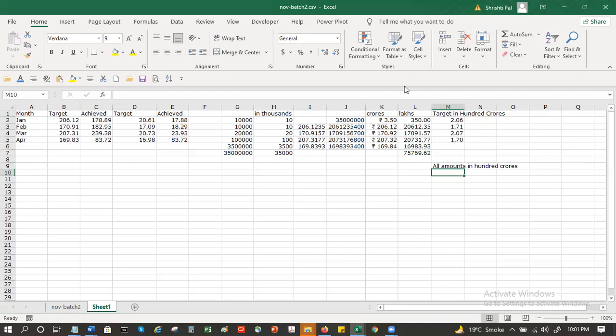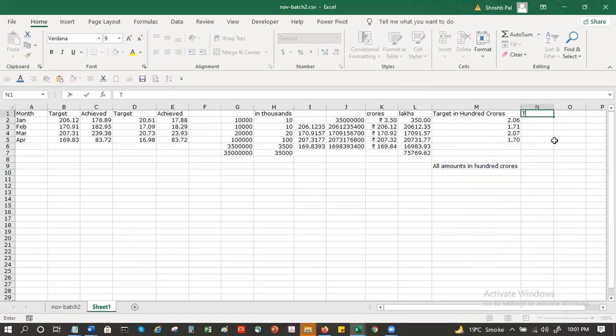Now this is one way. Another thing is, this I am doing directly in 100 crores. Your boss will say, hey, I told you 2 decimals. I want 2 digits. So in that case, you can say target in 10 crores, in multiples of 10 crores.